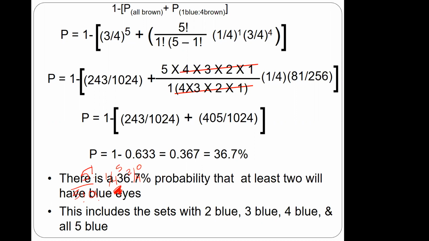Okay, so think of this: it's simultaneously having 2 blue-eyed kids, but it's not ordered because it could be any of the 5 in any combination, any order, okay? So binomial is when you're using an unordered series of events. And then the sum rule, which is a little bit less likely to come up, but if the 2 things that you're asking about are mutually exclusive and you're asking about a choice, is it this or that? What's the likelihood, right? Then that would be the sum rule.